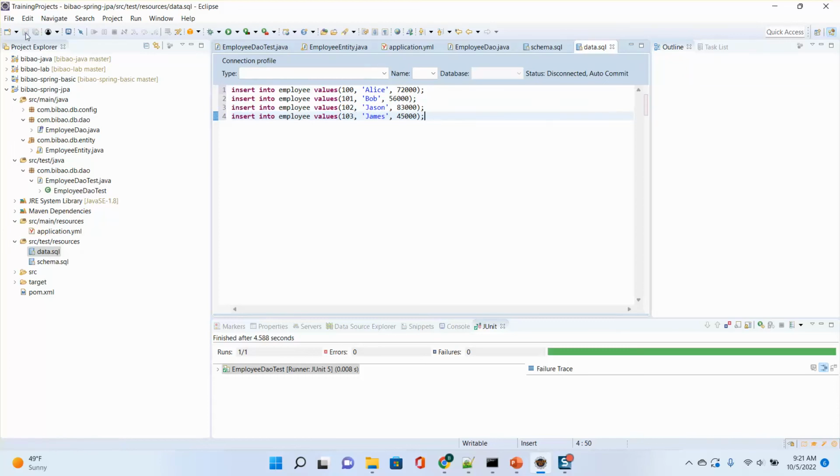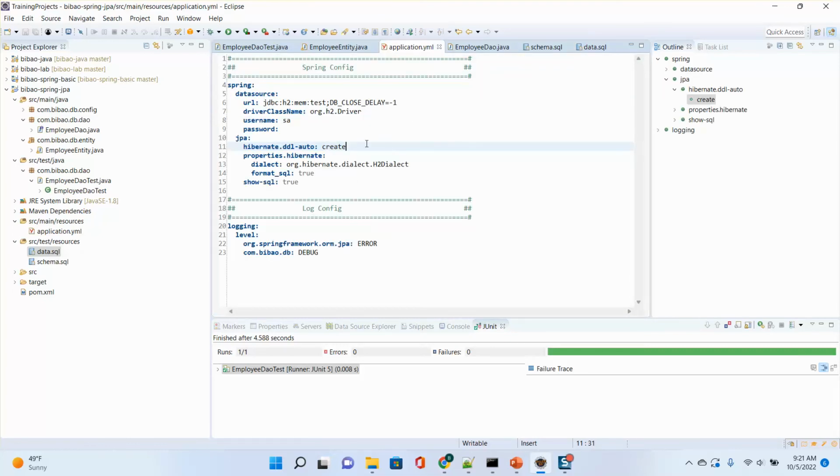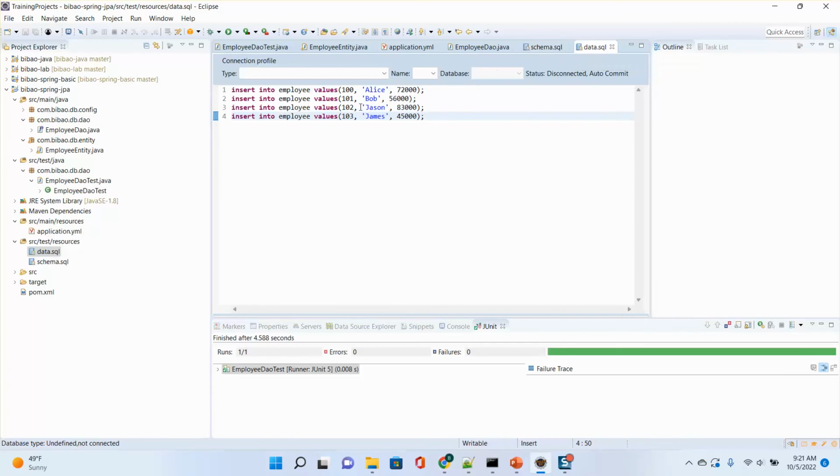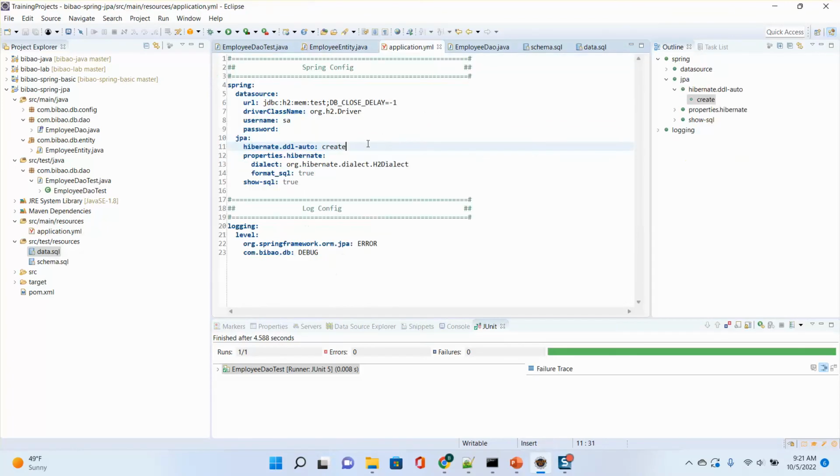Now, that's not enough, because if we have this auto setting, it will automatically create the table. It will not go to this data and schema. So we have to change this. Create to none. I don't want it to automatically create a table for me. I want it to use my schema.sql and data.sql to create the table and insert data for me. So I need to override